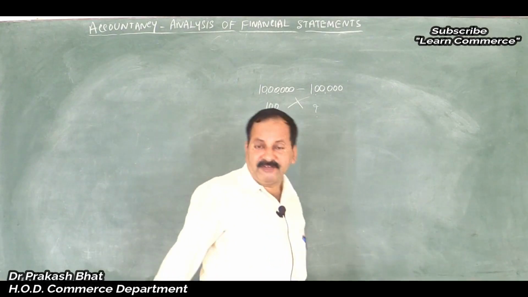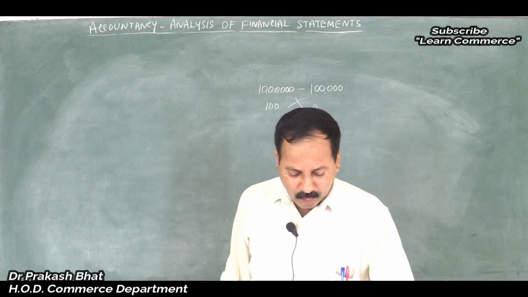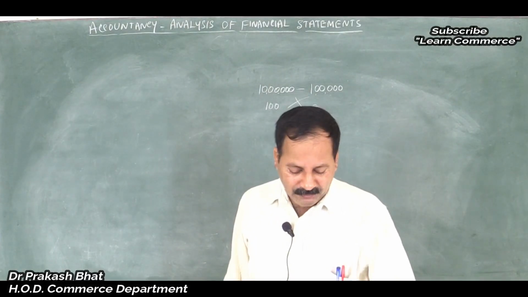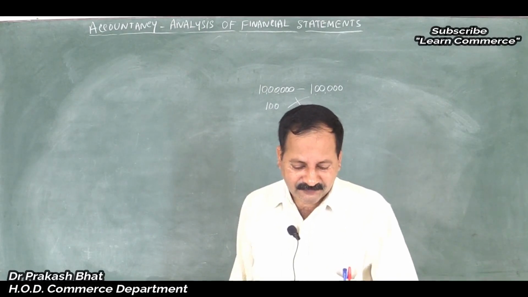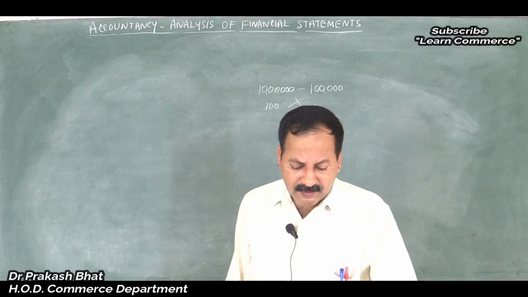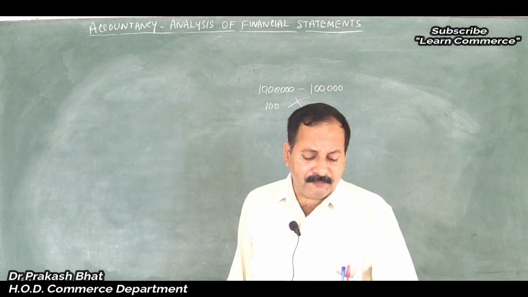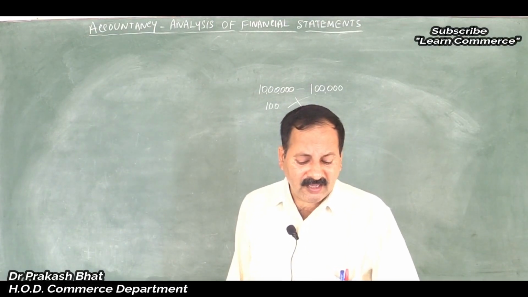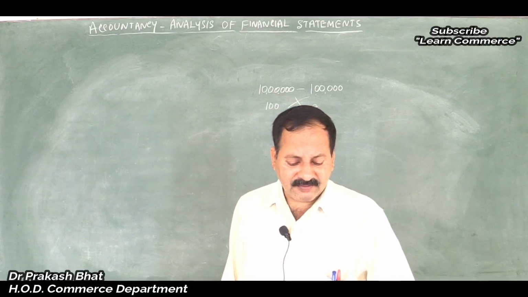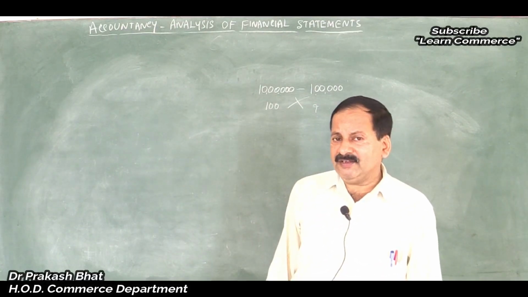So let us analyze the first problem. We will take up the first problem here. Problems on comparative income statement, page number 112 of your question bank. Open your question bank, page number 112. First problem, I will read out the problem, then we will analyze and solve. From the following information of Sanghvi Company Limited, prepare a comparative income statement for the years 2016 and 2017.